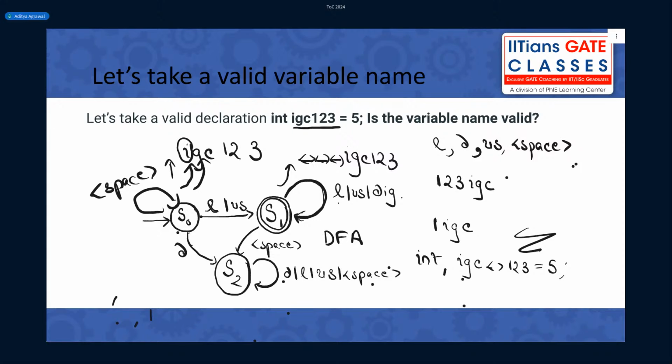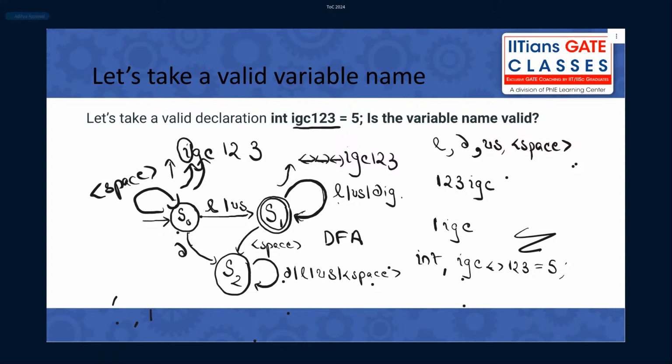This is the state diagram. This is called a finite state machine. Why finite? Because there are three states. There are a limited number of states. Why state? Because there are states, right? And why machine? Because this is a way by which, if you run it on a string or a symbol or on a variable name in our case, you will be able to tell me whether you land in an accepted state or a dead state, so that you can say it is invalid.